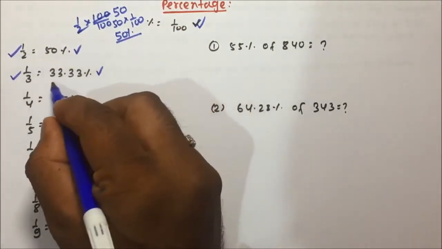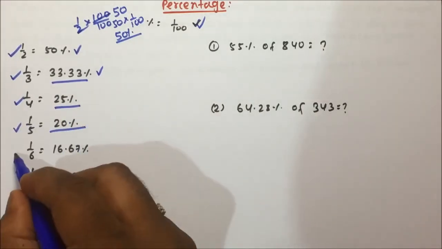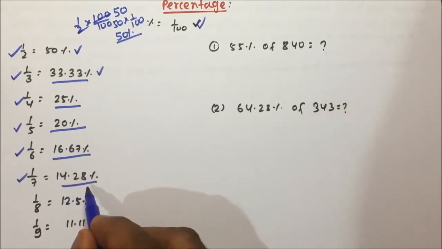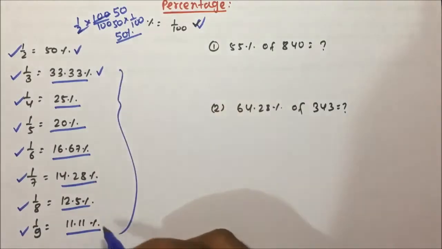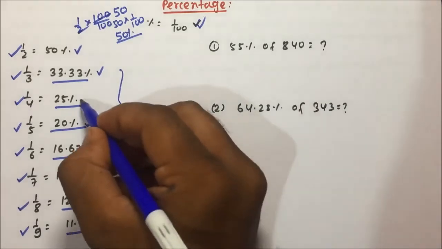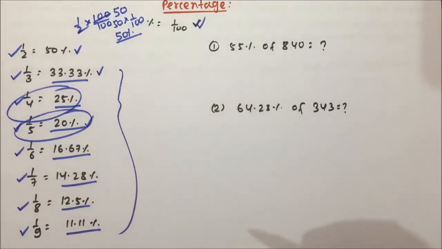1 by 3 is 33.33%. 1 by 4 is 25%. 1 by 5 is 20%. 1 by 6 is 16.67%. 1 by 7 is 14.28%. And 1 by 8 is 12.5%. And 1 by 9 will be equal to 11.11%. Right? Okay. So this you have to keep in mind, friends. See, I am not telling you to remember many things. See, 1 by 5, anyway, you know 20%. This already you know 20%. So only a few things I am asking you to remember,